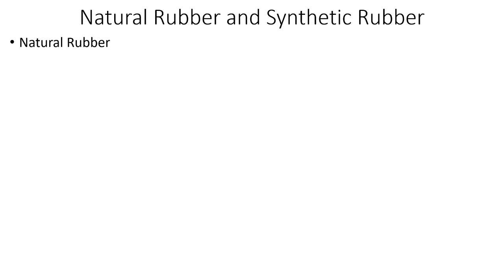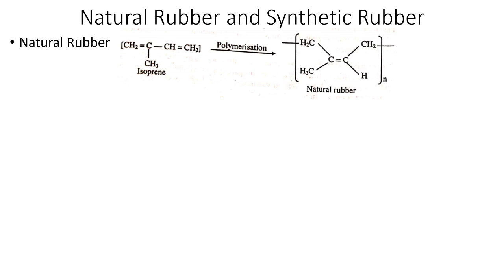Okay, so what is this natural rubber? Natural rubber is a high molecular weight linear hydrocarbon which exhibits elasticity, that is very important, and other rubber-like properties. Natural rubber is obtained from latex. This is a white liquid which is present in the rubber tree. When you cut the stem of the rubber tree, you will find that white liquid coming. Sometimes it is called a weeping tree also. And the latex contains about 30 to 40% rubber solid and 55 to 60% water, and it depends on the age of the tree also.